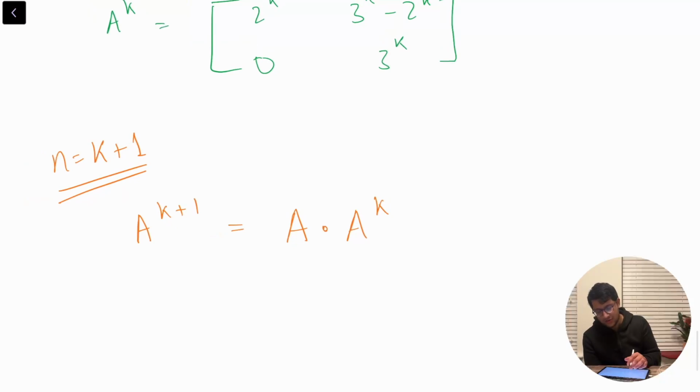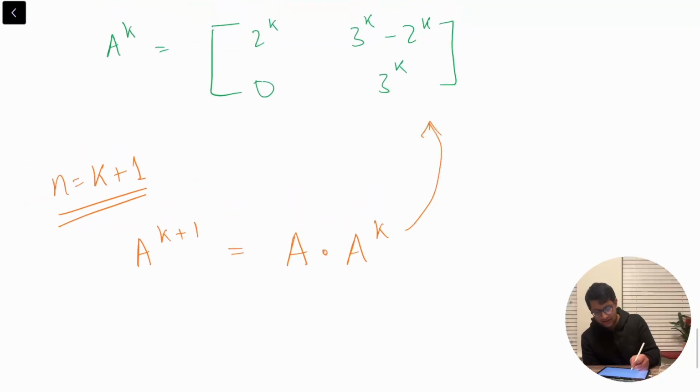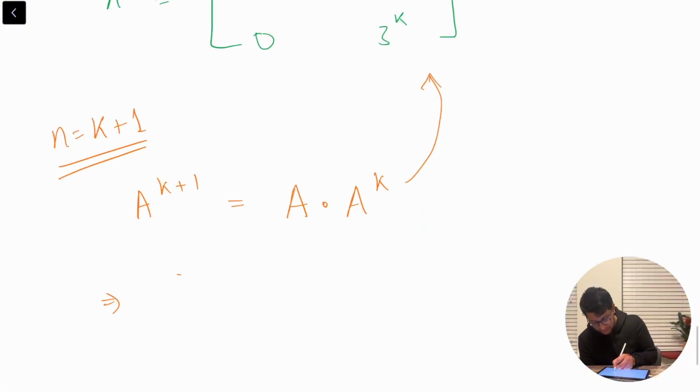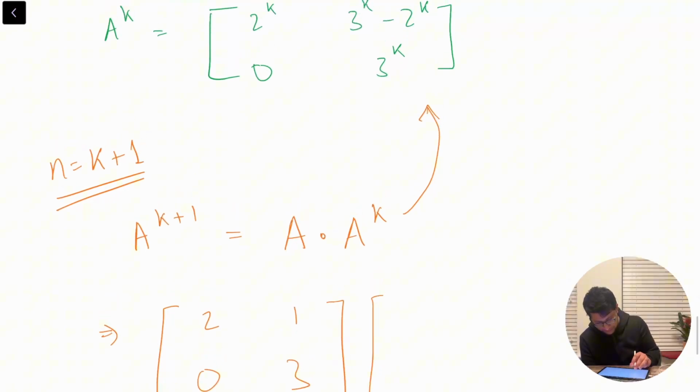And we've already assumed that A to the k is nothing but this, and we know what A is. So this multiplication can simply be 2, 1, 0, 3 times by